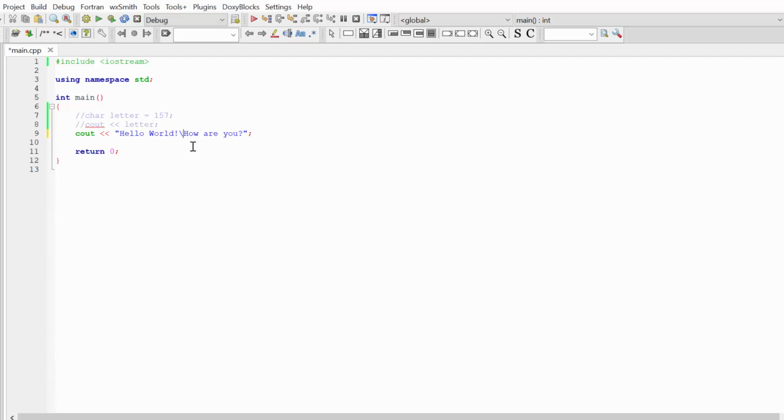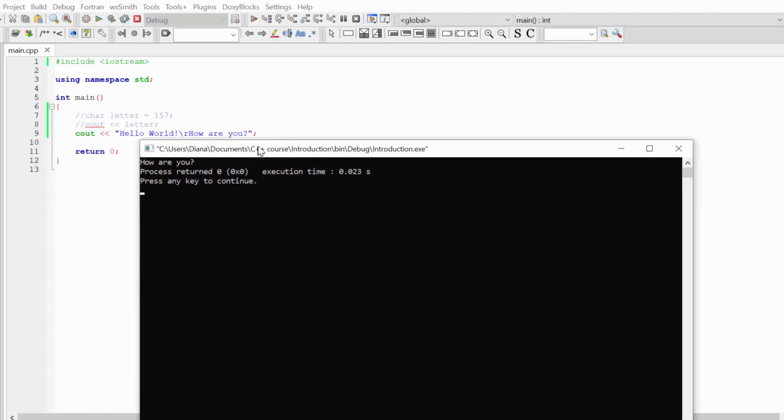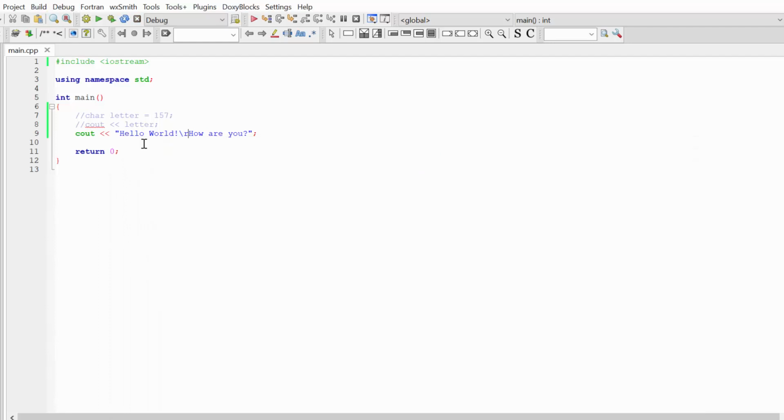And this is true for all the characters I showed you. Once again, if I try to type hello world, the new line sign, how are you? We are going to have the result, how are you? And now you can see that I have some kind of problem: if I want to type a string as is, with the slashes, it may lead to unexpected results.